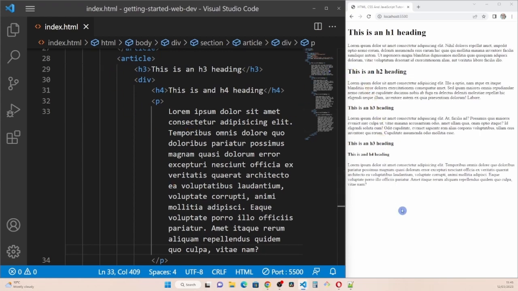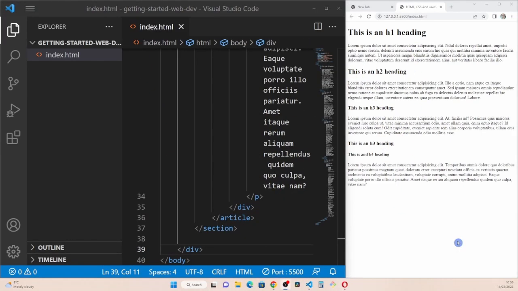It looks like that. What we have so far doesn't look too bad, but it could be improved by having